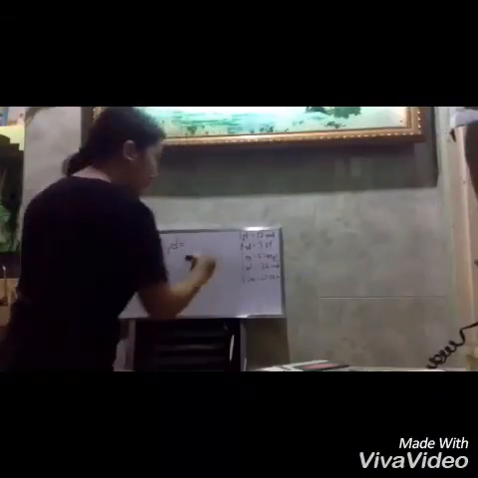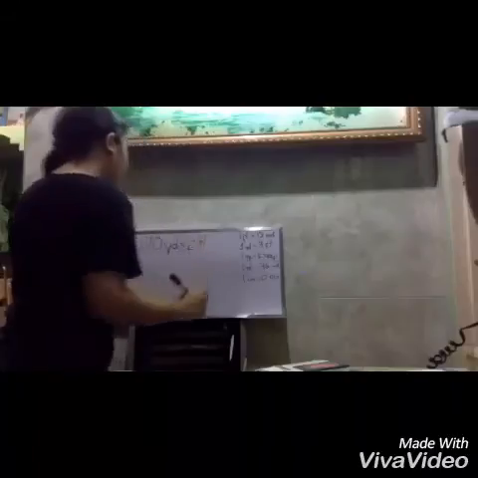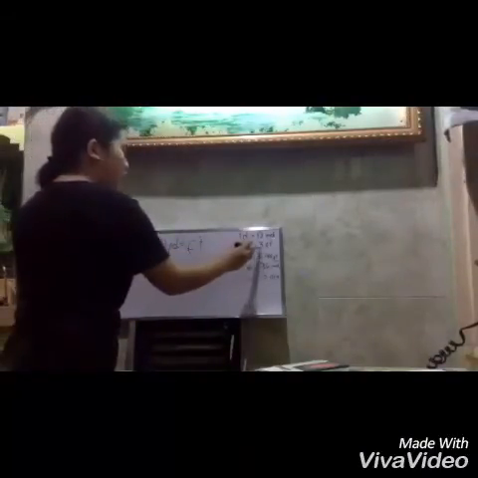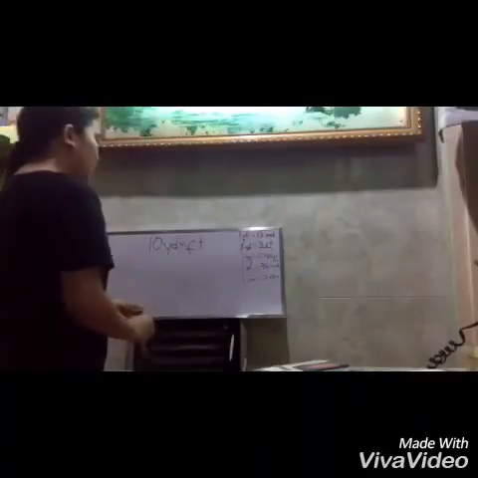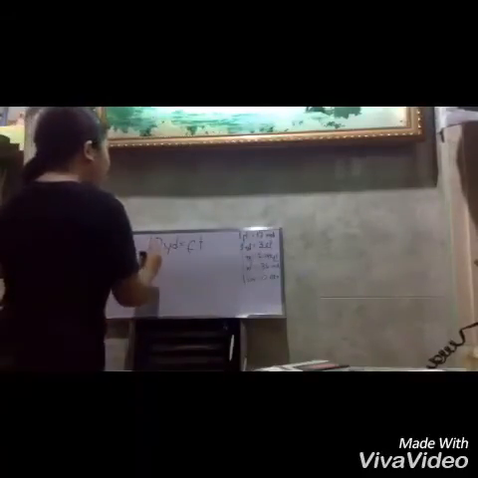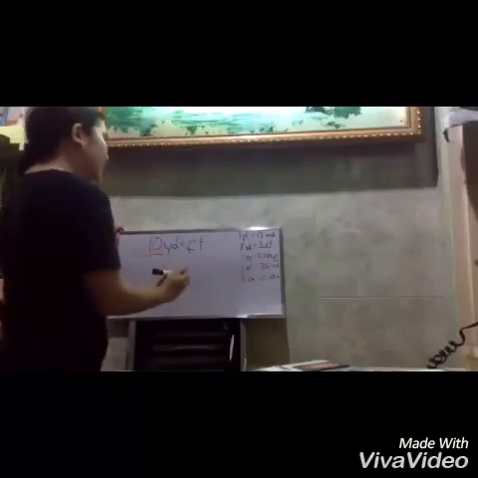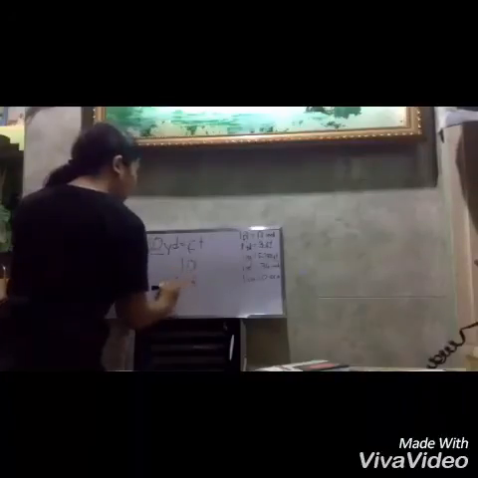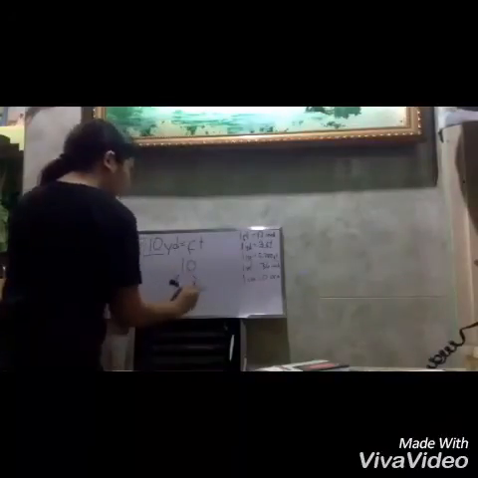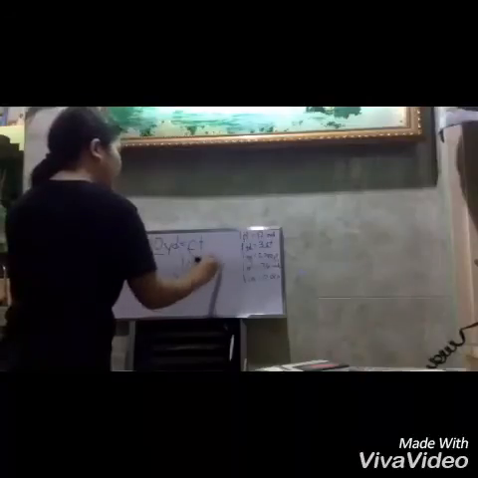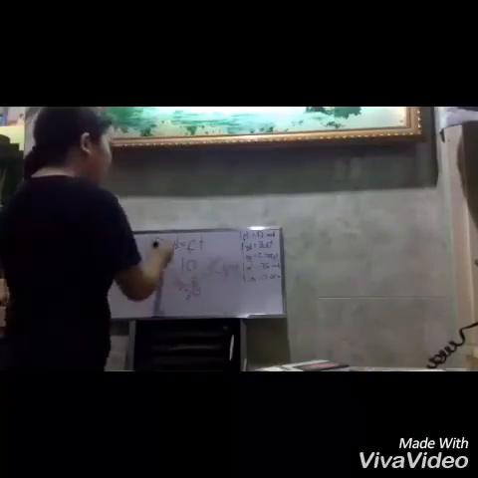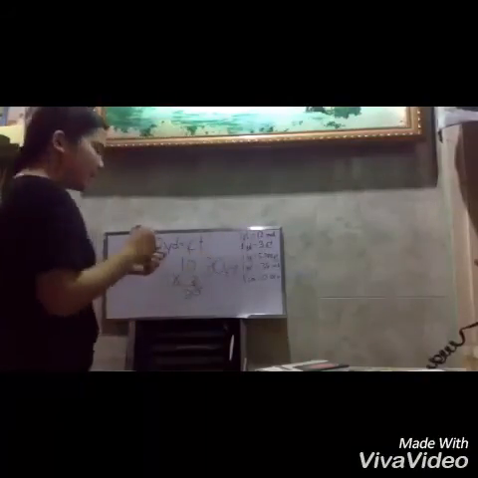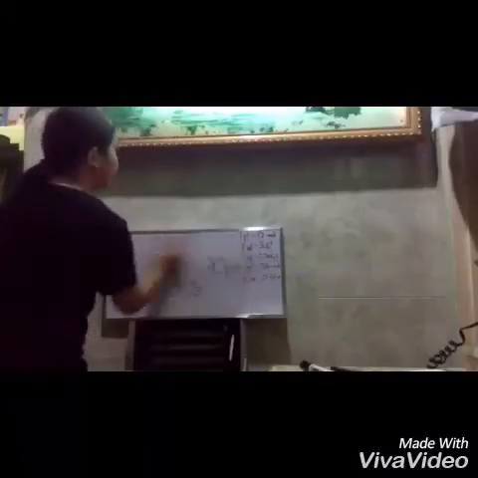So our next example would be convert 10 yards into feet. So 1 yard is equal to 3 feet. So how many yards are in this one? 10. So we're gonna multiply it. So 10 times 3 is equal to 30. So the answer would be 30 feet. Because we just multiplied it. Because 1 yard is equal to 3 feet and this one is 10 yards. So moving on.